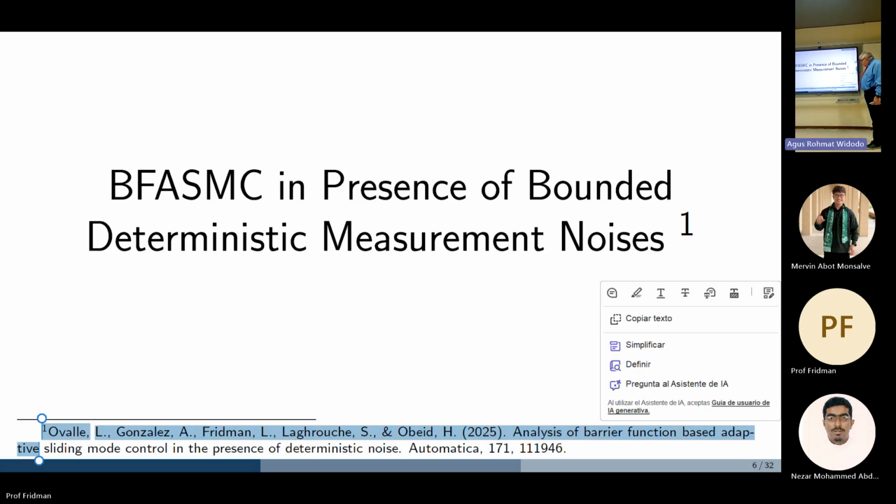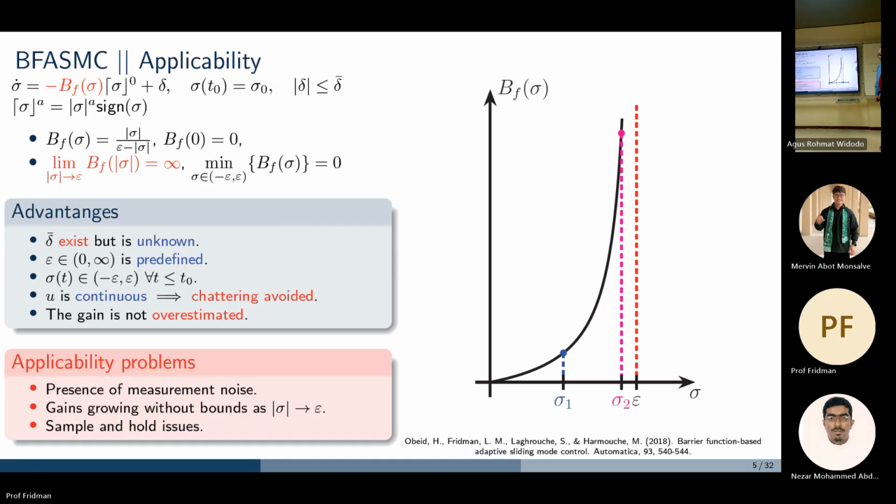The idea was to avoid chattering, but to ensure that you are inside of the barrier. And what is the first lemma? The first lemma is telling: